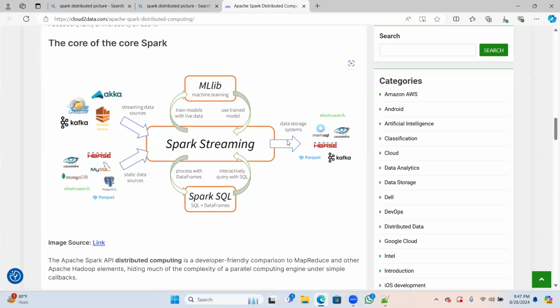Generally, if I say it in simple terms, in Hive we need to use MapReduce. Here also we can use it. But in Hive we can't use machine learning, meaning we can't give the data set to the machine.